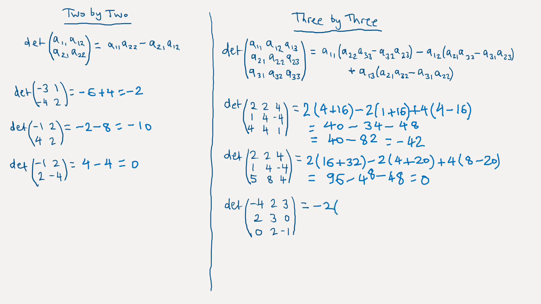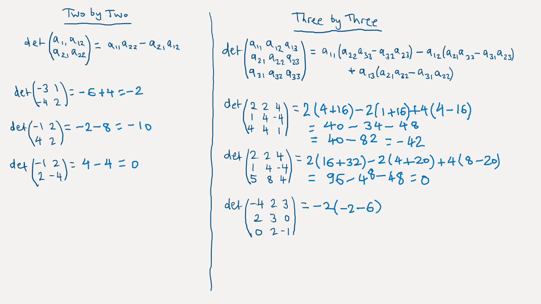And then what's left is, let's just make sure that you can see what's left. So I'm expanding along on this point here, so I'm going to exclude this row and this column, and I'll be left with these 4 elements here, the 2 and the minus 1 and the 2 and the 3. So 2 times minus 1 is minus 2, and then I'm going to subtract 6, 2 times 3,